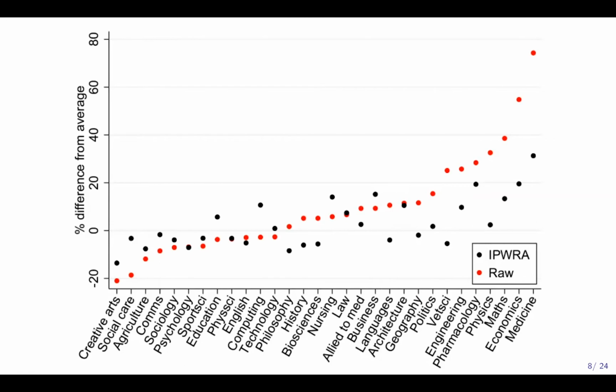So let's take a look at the far right of the figure. Here we have people who studied medicine. If we take a look at the red dot, what this tells us is that women who studied medicine, on average, earn about 75% more than women who studied other subjects at university. After we adjust for the differences between medics and other graduates besides which subject they studied, however, the figure falls to around 30%. What this means is that medics earn, on average, only about 30% more than similar individuals who